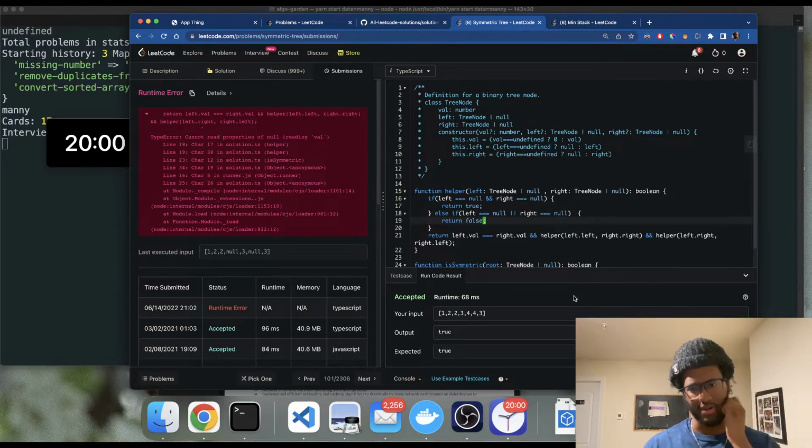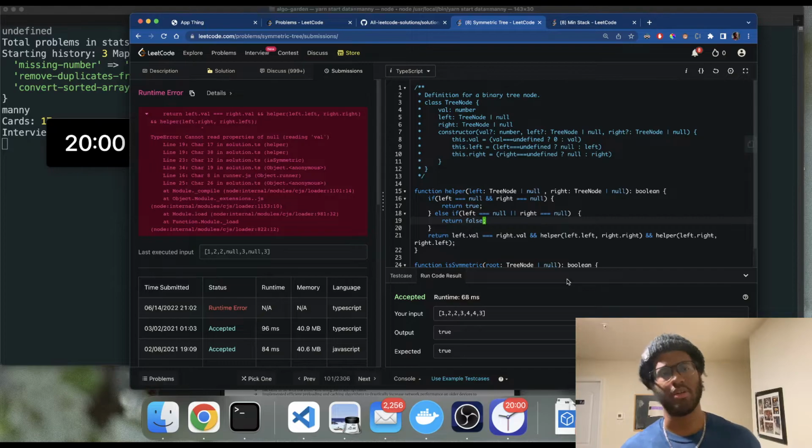And we do left.right, and it's null. Oh, for reading val, right? So we right, and for the input,